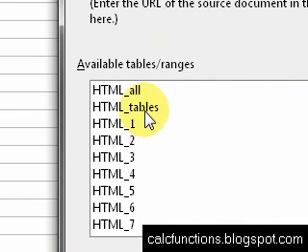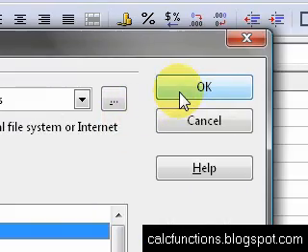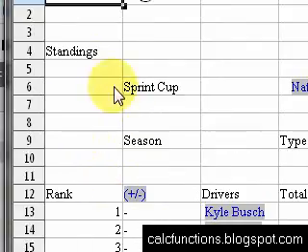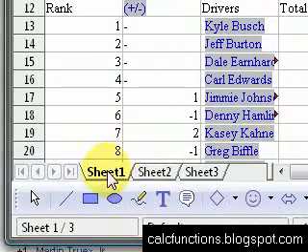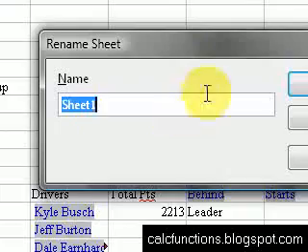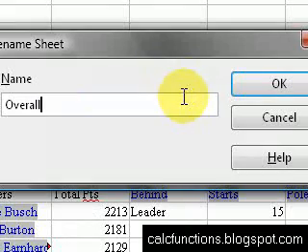So I'm going to hit HTML tables and OK, and you can see that it brings in this data. And this is the data that's on the website right now. Now I'm going to take this sheet and I'm going to rename it to overall,